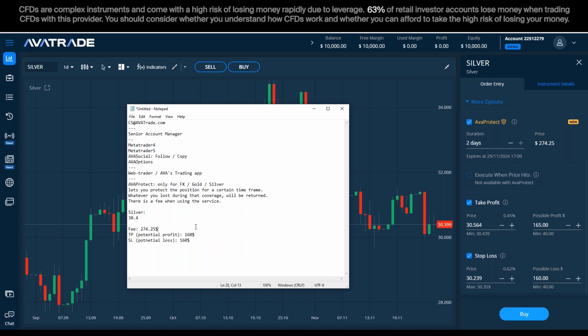How does that look? Does this justify me using the service or not? Would you call it using it efficiently? Using a fee to protect my position, which is greater than my profit and greater than my fee. Does this make any sense? Not really. So what I want to do is, I have three ways.